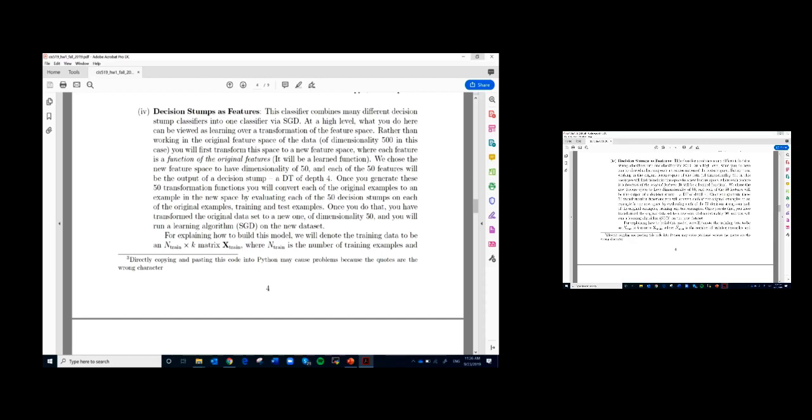In all these, specifically random forest, rather than learning 50 decision trees, people would learn 50,000 decision trees, a huge number. And there's some statistical justification for why this makes sense. I don't want you to learn 50,000 decision trees here. 50 is going to be good enough to make a point. On the other hand, we're going to be a little bit more expressive by learning a good linear classifier on top of this. So hopefully it will be simple enough to run, not too time consuming, and still